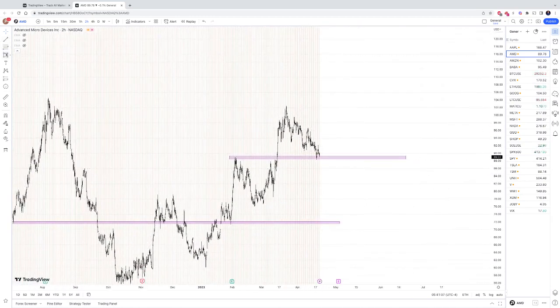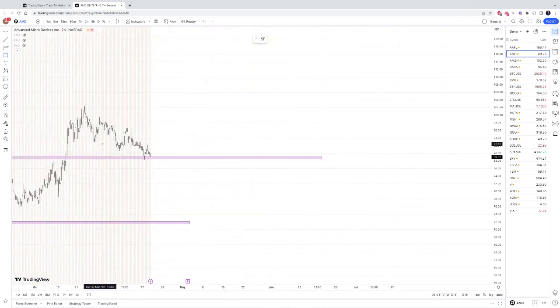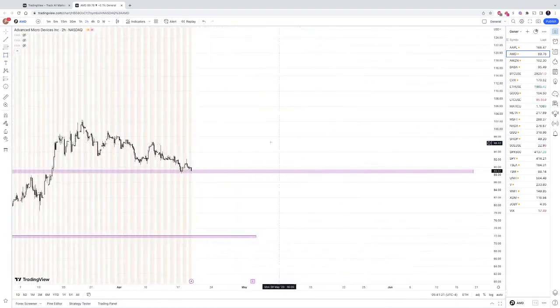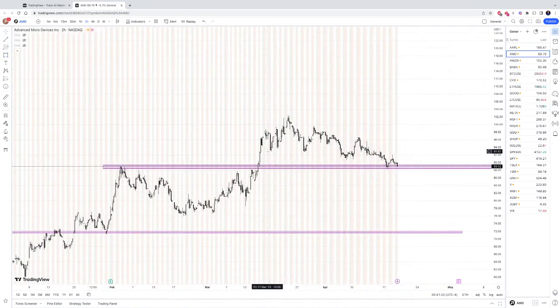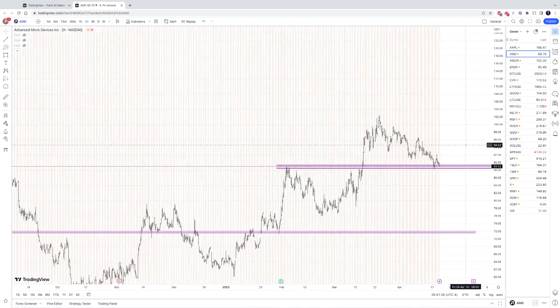So this marks the area where you would enter your trade, and for profit taking there are a couple of areas that we could mark. So if you see, let me just get rid of this. All right, if you see this area on a short-term basis, it did prove as support before and it could prove as resistance. So this would be one area on a short-term basis that you could have your first take